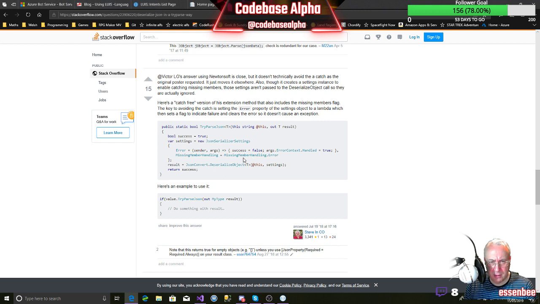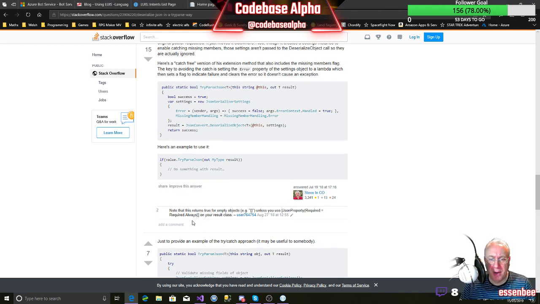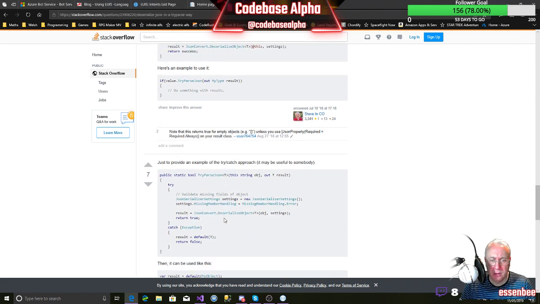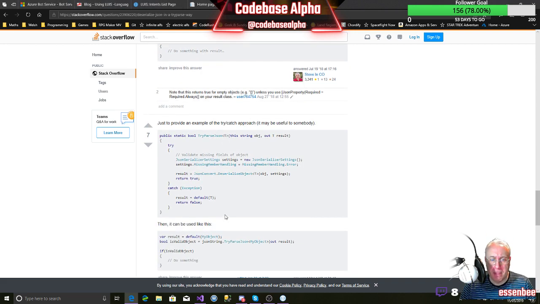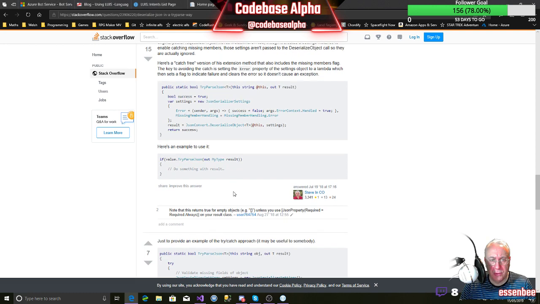And success gets set to false on an error of the serializer. This always returns true for empty objects, but that's not a bad thing unless you use JsonProperty Required equals Required.Always in your result class. We don't want to use the try catch approach.